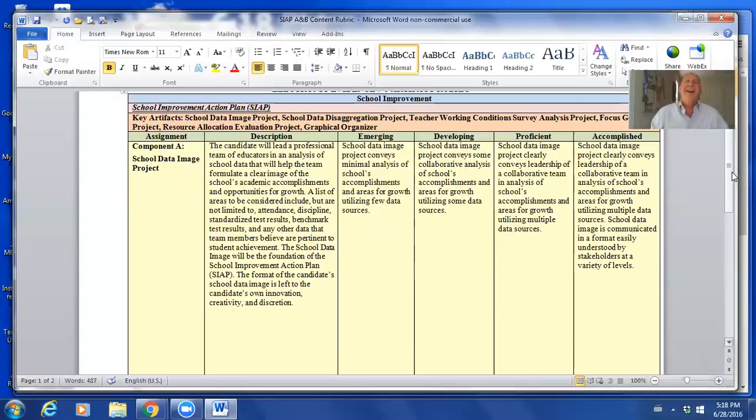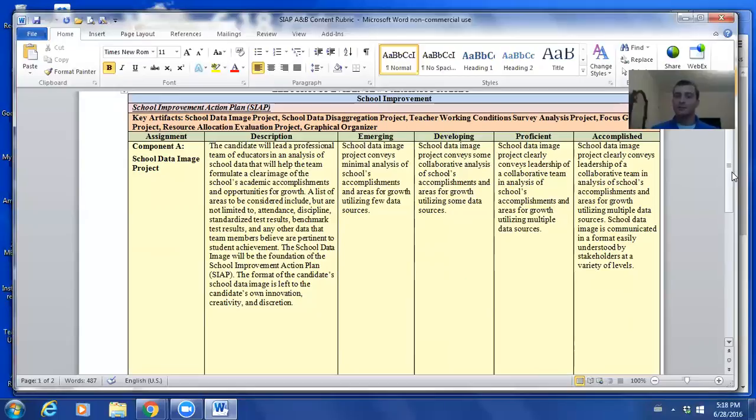But part C is the TWC data, right? The teacher working condition stuff? Yes, sir. Whereas it may be best to either go back and do the total SIAP at your old school. Probably makes more sense to go forward and do SIAP at your new school. Are you leaning one way or the other? I can probably still get the data from my old school. He would probably share that with me.